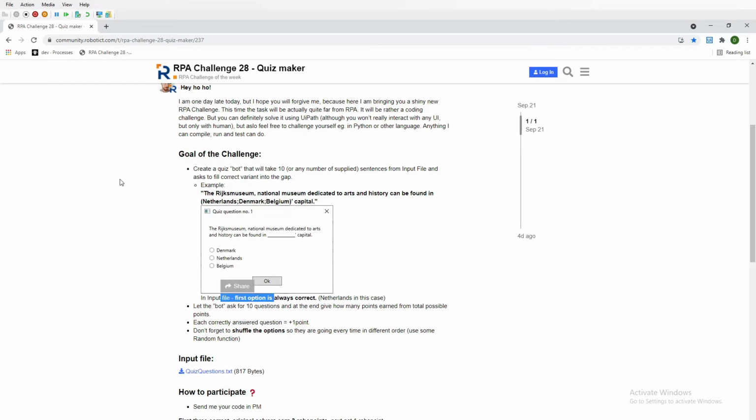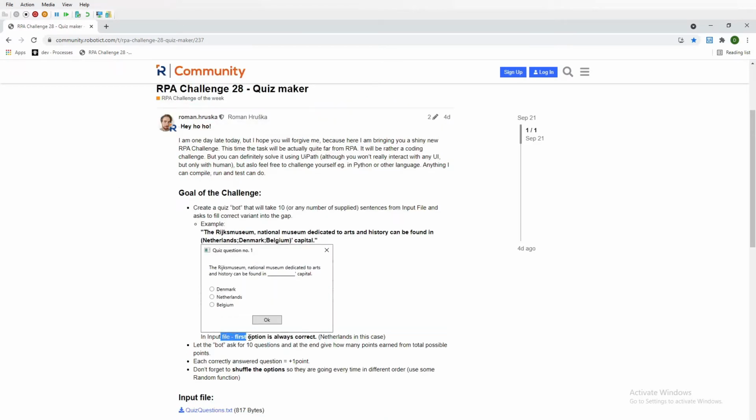And here Roman marked that the first option is always correct. So for this example it would be Netherlands and so on. Then ask 10 questions, calculate the result, success or not. Also shuffle the options. So I think Roman means this one, but first we will